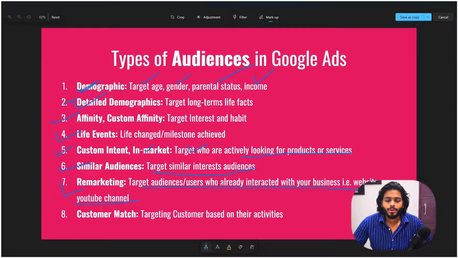So what you do is you create conversions, you create an audience, and multiple things. Suppose people have visited your business website. When they visit your business website, your audience starts generating, your audience starts being created. Okay, now after you have built up a certain level of list of audiences, then what